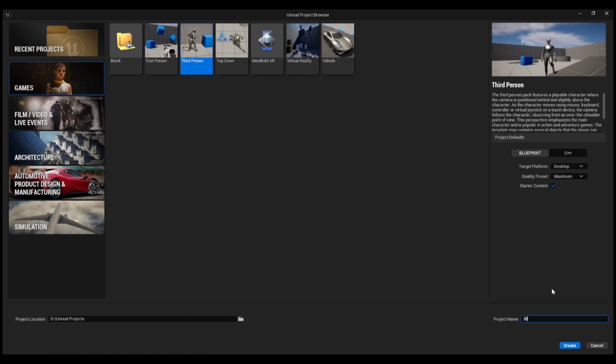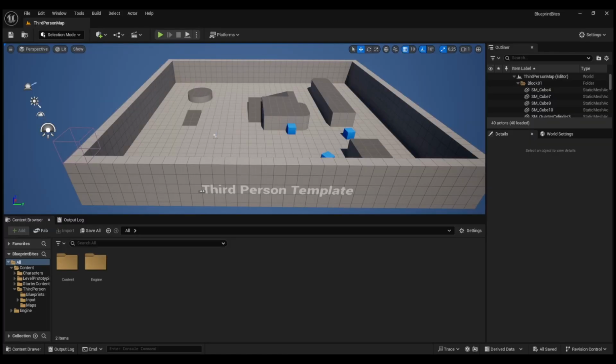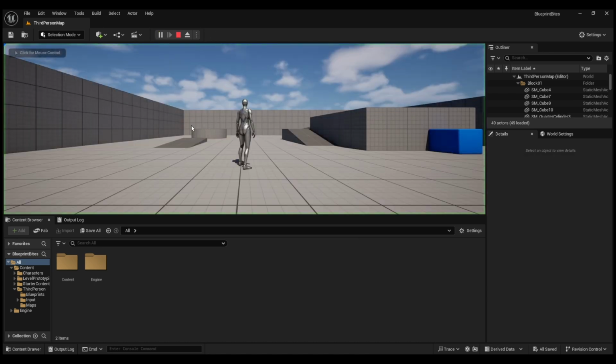I'm going to call this project Blueprint Bytes, and then I'm going to hit create, and we'll be taken to Unreal Engine's actual game editor. Once your project is created, we're dropped into the third person template. Nothing too complex here. If we hit the play button, we can actually play the game and interact with the